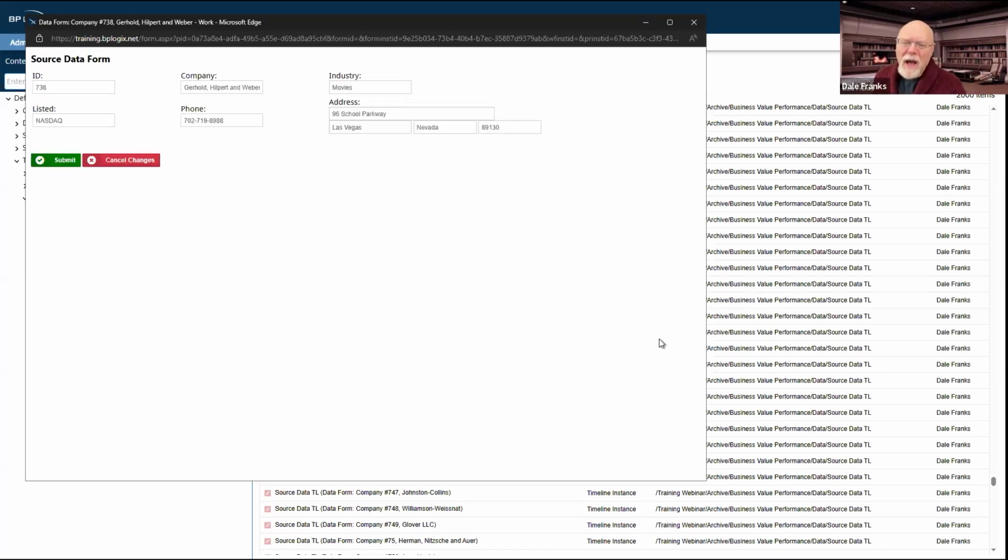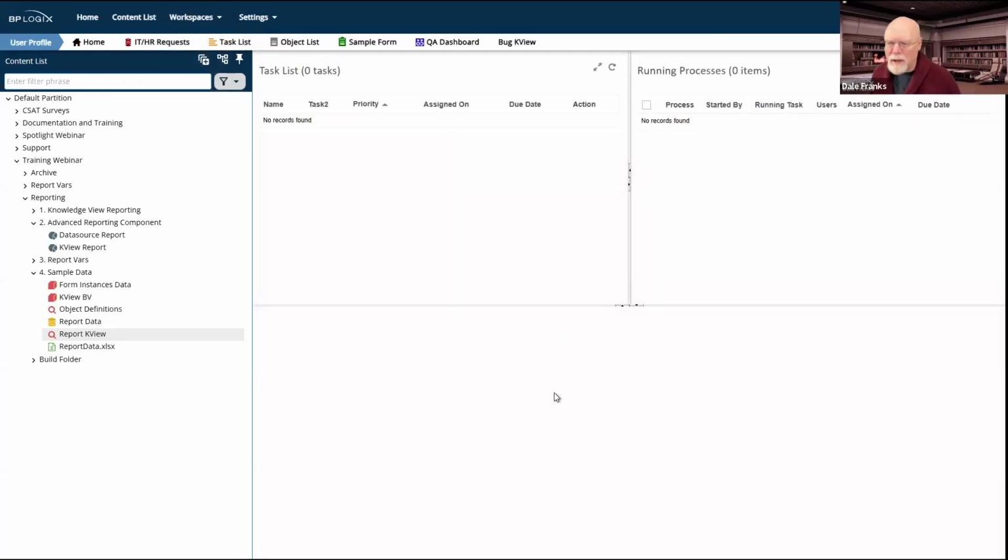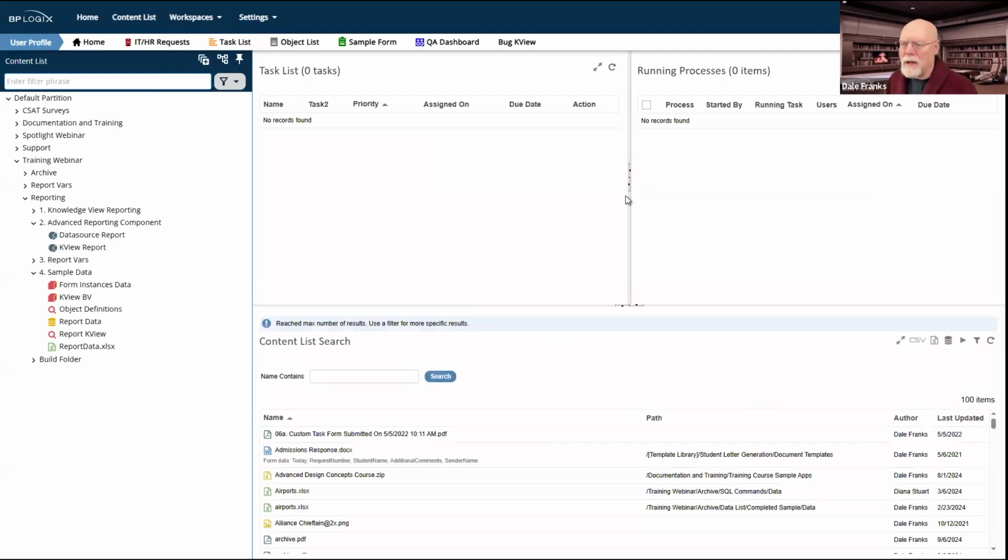So on a day-to-day basis, for our ability to manage processes, Knowledge Views are great. They're also great for quick and dirty reporting to end users, like show me all of my processes, or show me all of the forms I can submit. And indeed, there's a workspace that does that. The user profile workspace has a couple of Knowledge Views that show me that. You've got your task list, which is, of course, a Knowledge View.